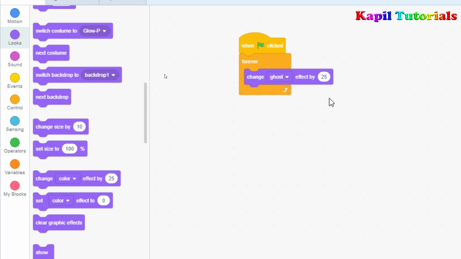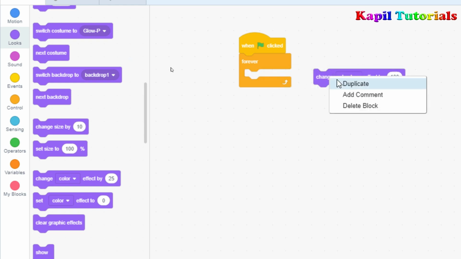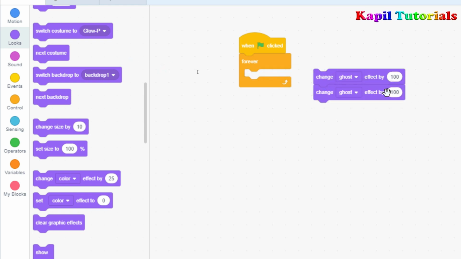What does this command do? Actually, it either hides the object or unhides the object. So directly I'll use here 100. And then again I have to bring it back. So I'll duplicate, and here I'll type -100.